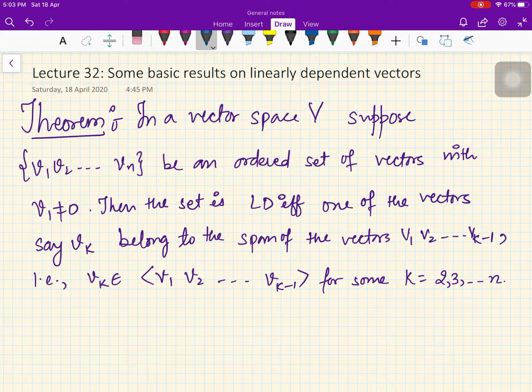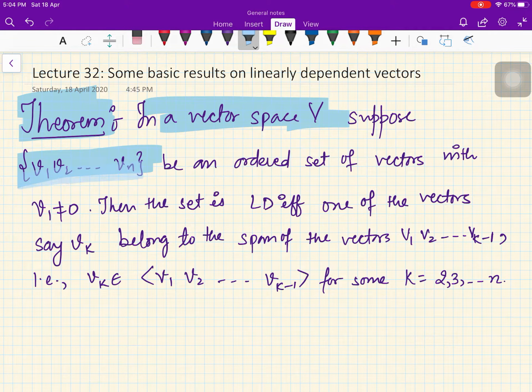In this video we will do some results on linearly dependent vectors, which we started in the last video also. Some results are left. When I write theorem, some students have this phobia that we have to do a theorem. So don't treat it as a theorem. If you are theorem phobic, you can just treat it as a simple result and try to see the physical significance of what we are doing. I'll tell you the statement and then we'll see how we can prove it.